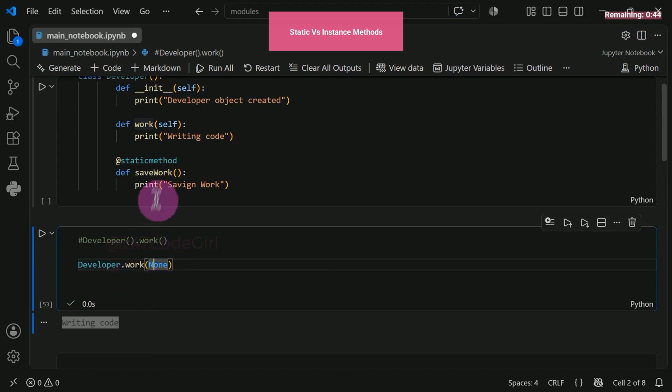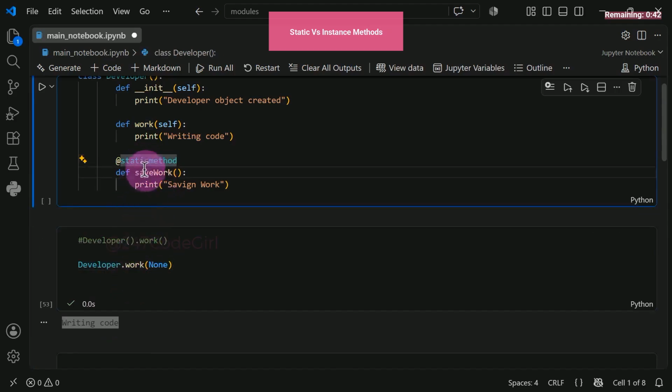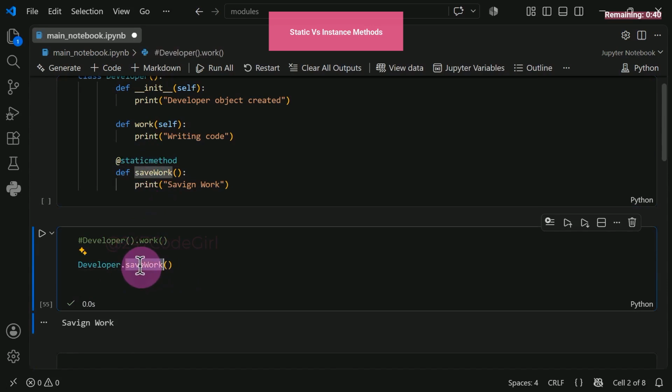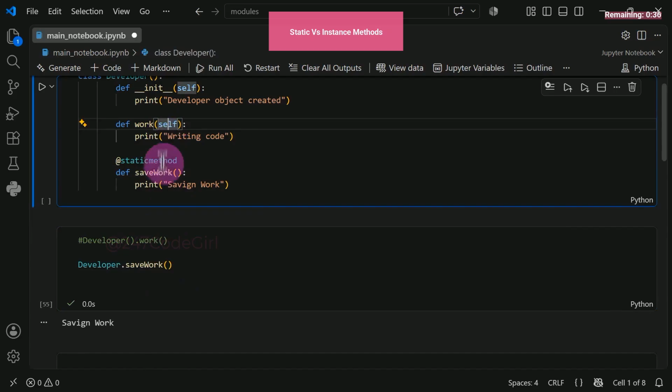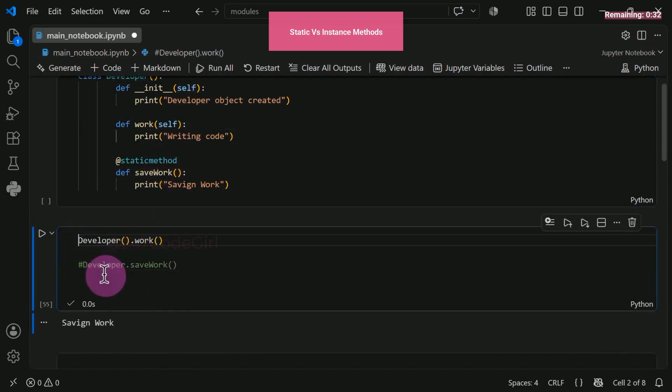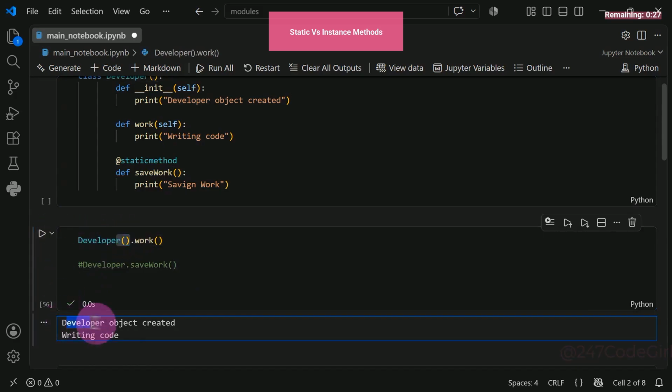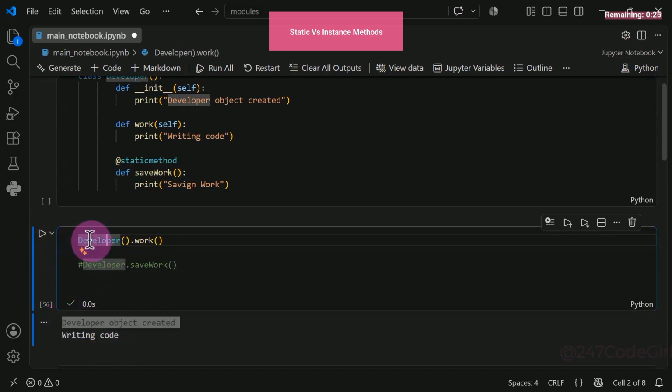Static methods are the ones you call directly on the class, like this. Static methods work exactly this way. No self argument needed whatsoever. But if you need to create an instance method and discard the object straight after, do it like this. It creates the object, runs the method's code, and leaves no trace of the object, because it was never stored anywhere. Hope that makes sense.